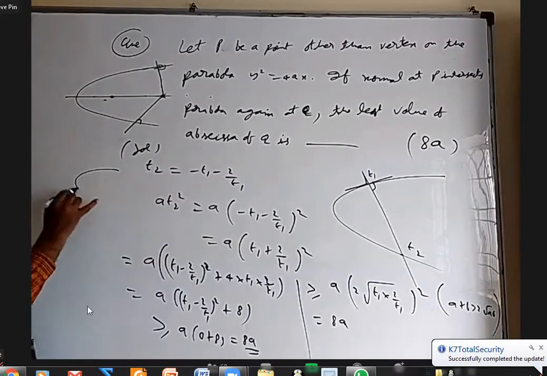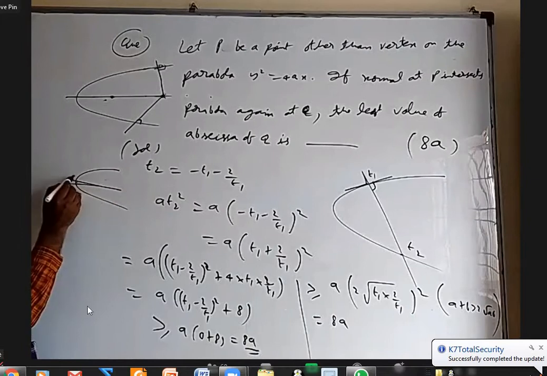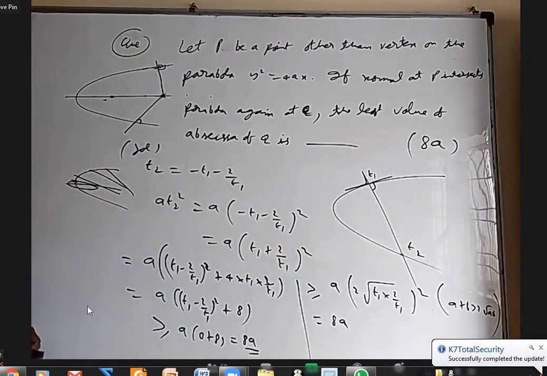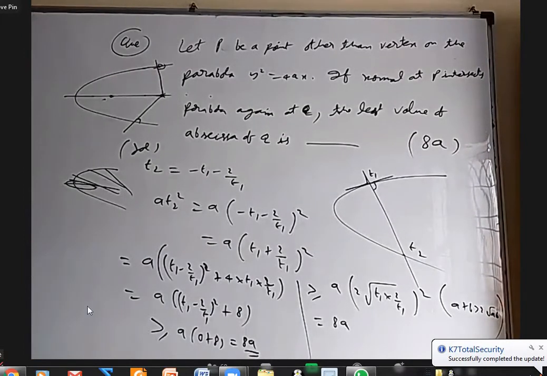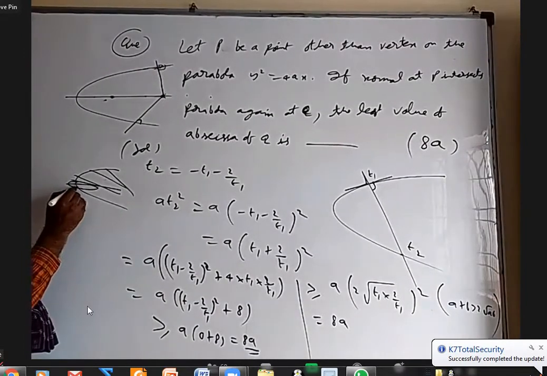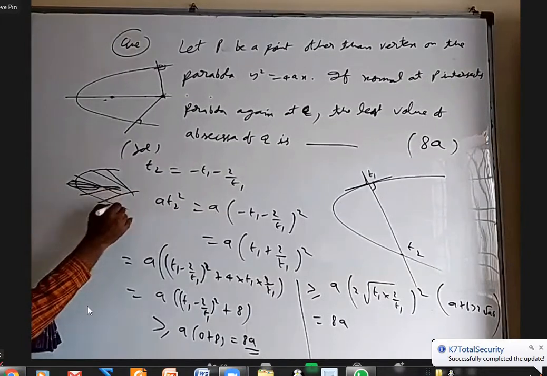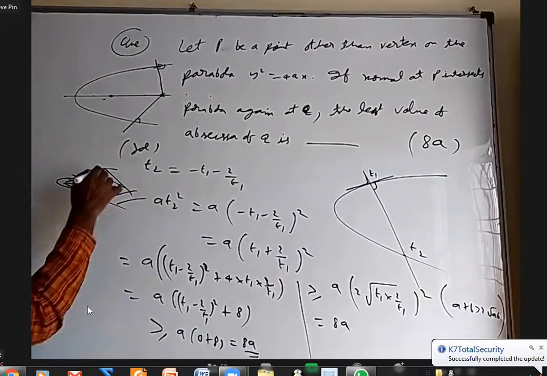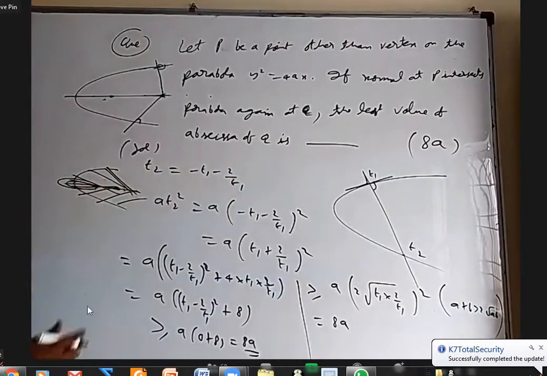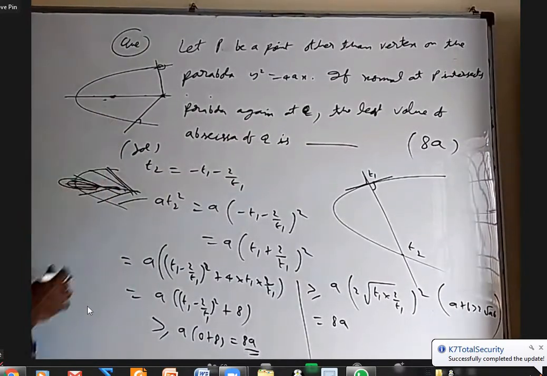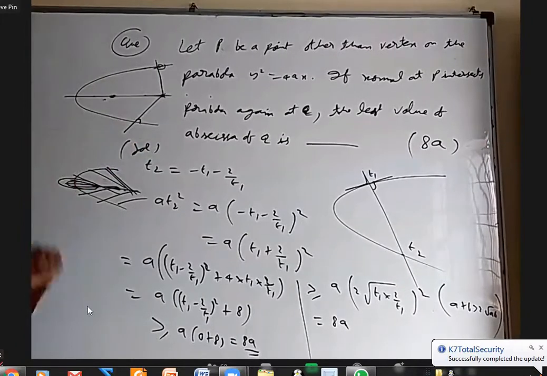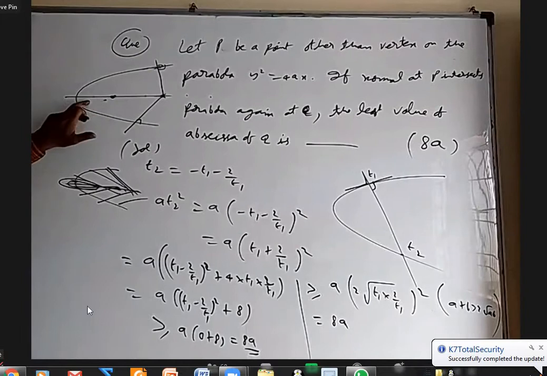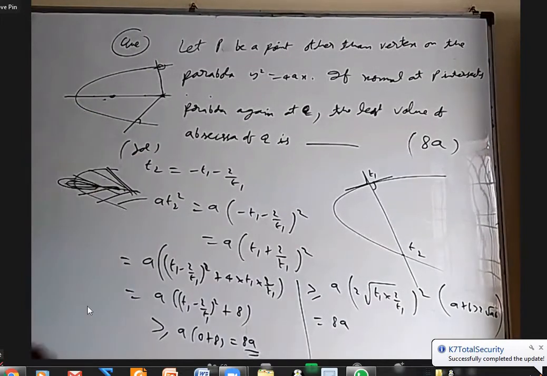Because you see, if you take a parabola and draw a normal here and all, there is some region which is not cut by any normal. Am I correct? The normal here intersects here. The normal intersects here. You can see there is some region not cut by any normal. Every normal is intersecting the x-axis beyond a point only. What is that transition point, after which a normal can intersect? Through that point there are three normals. But if you take a point before the transition point, only one normal, which is the axis.